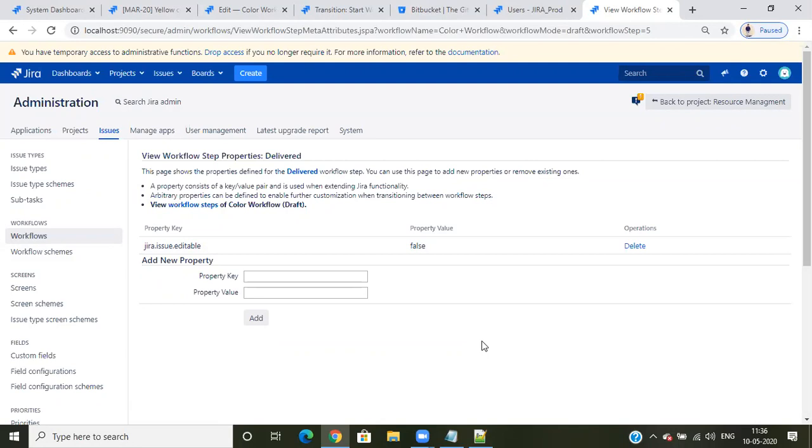Suppose I'm the manager of 20 people. The 20 people send code to me. I need to test each and every code. I need to copy, paste somewhere, and run it. I don't want it that way. So when the developer pushes the code to Bitbucket, I can integrate Bitbucket with Bamboo.